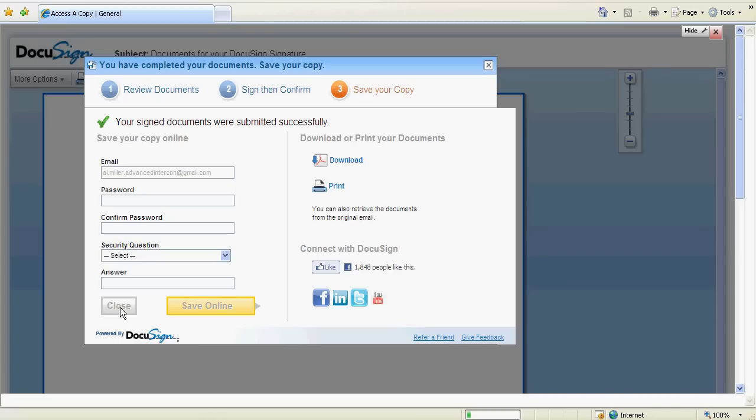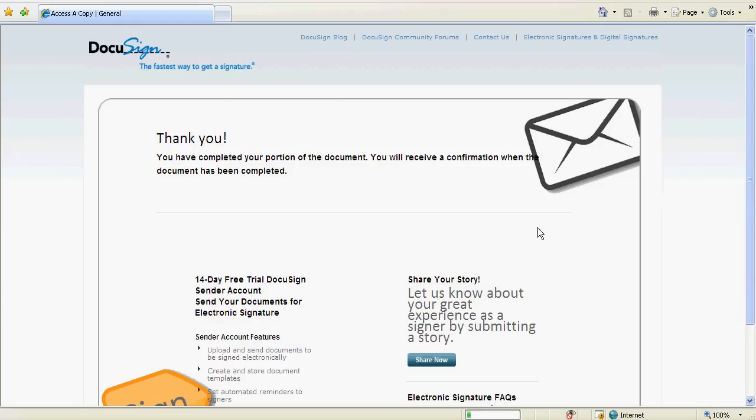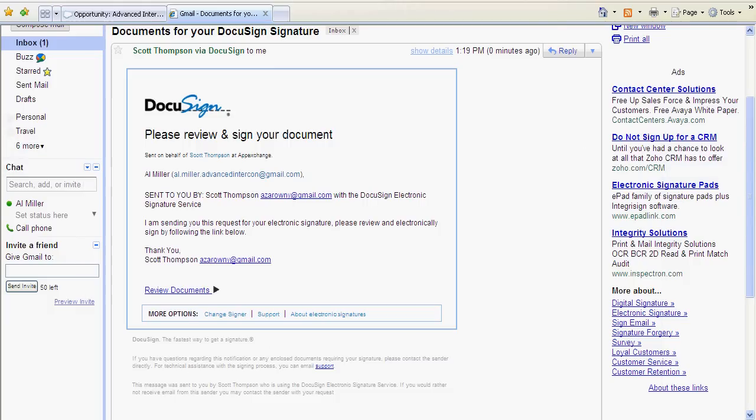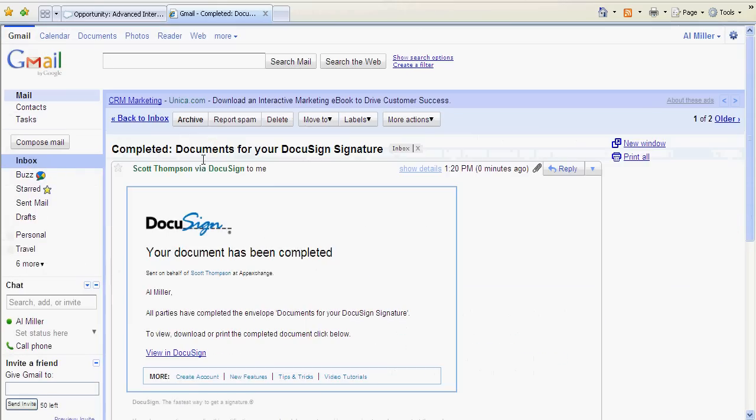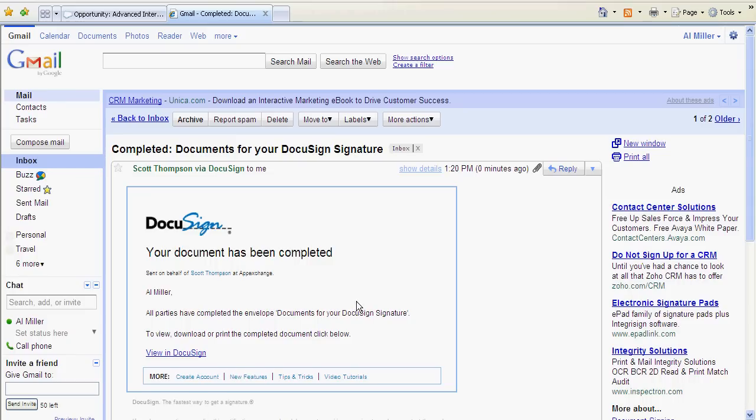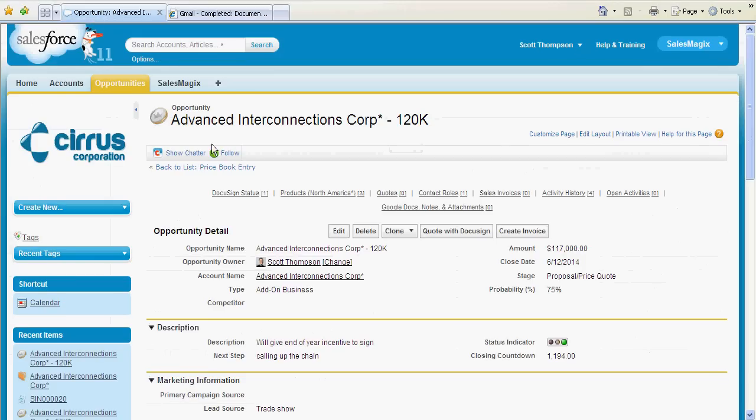So I'm going to close this out. I'll receive a confirmation when this has been completed, so I'm going to just jump out of that. When I go back into my inbox here as Al Miller, I can see I have signed this document. I can view this within Docusign, or I could have saved the document myself. So now when we go back to the opportunity and refresh the screen,